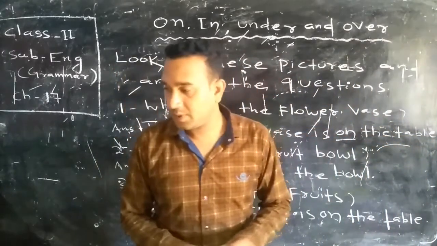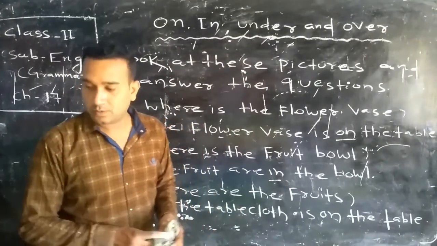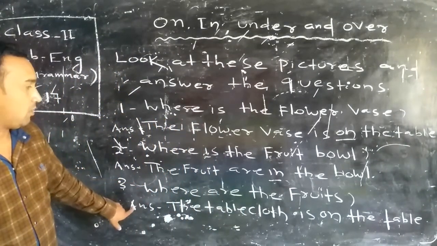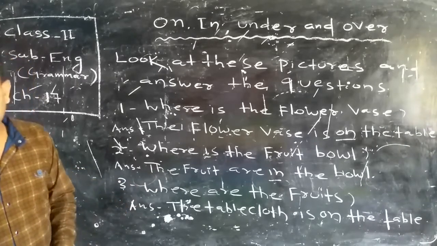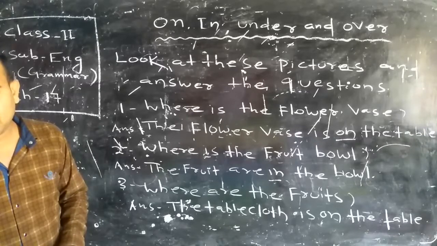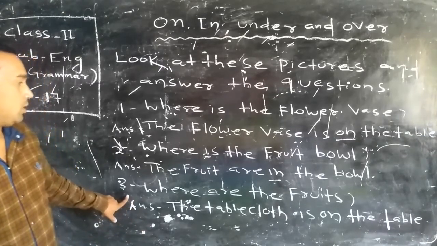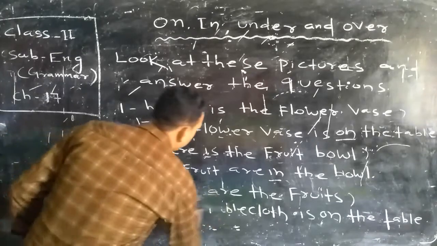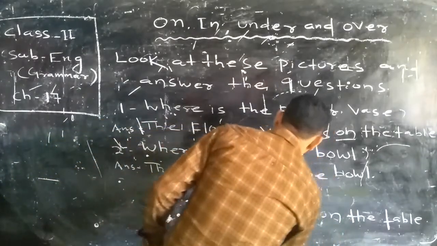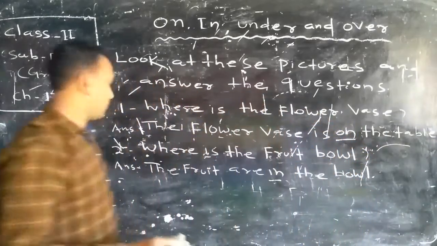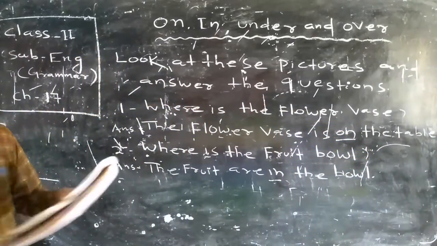So third number, where is the fruits? The tablecloth is on the fruits. Okay. Third number, we just made a mistake in this one. So write another, we have to write the fourth number. So actual third number is